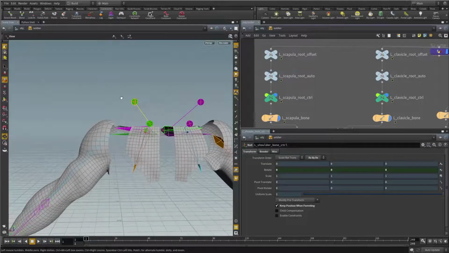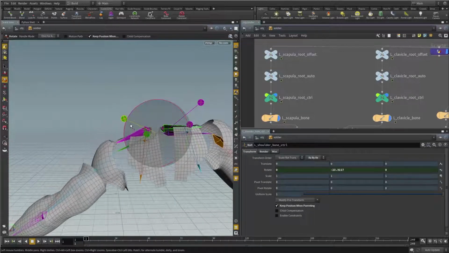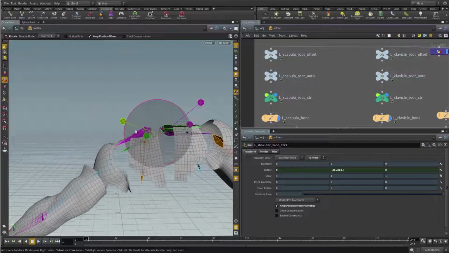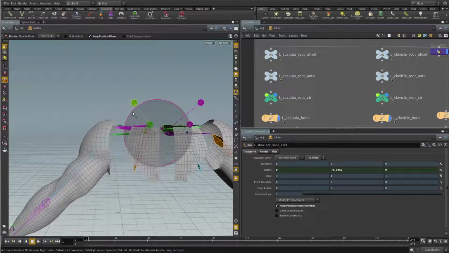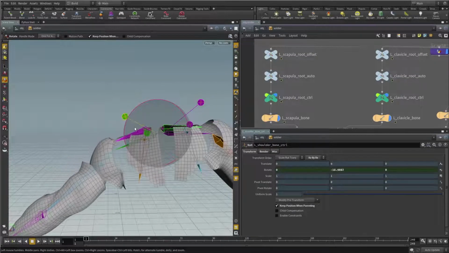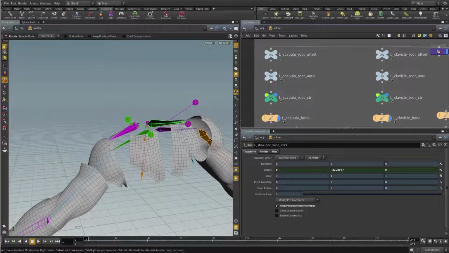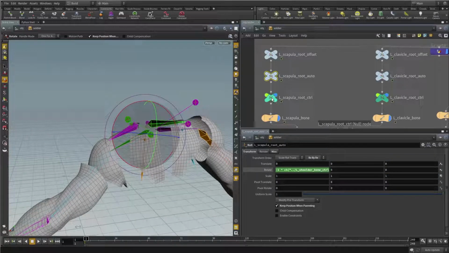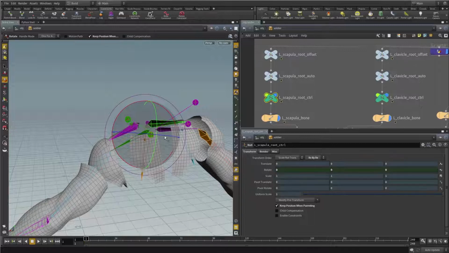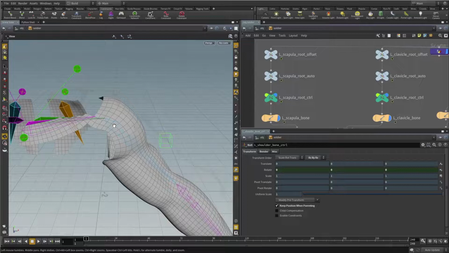And now when we rotate, we get just a subtle little bit of movement in that shoulder, or in the scapula. And then we can still, because we did that to the auto, select the control object and manipulate the scapula independently. And then lastly, we're going to drive the